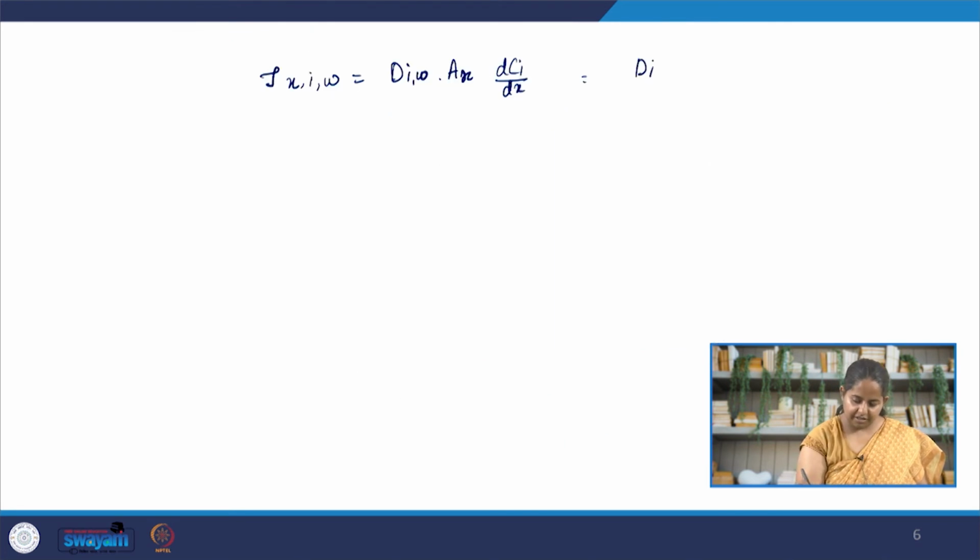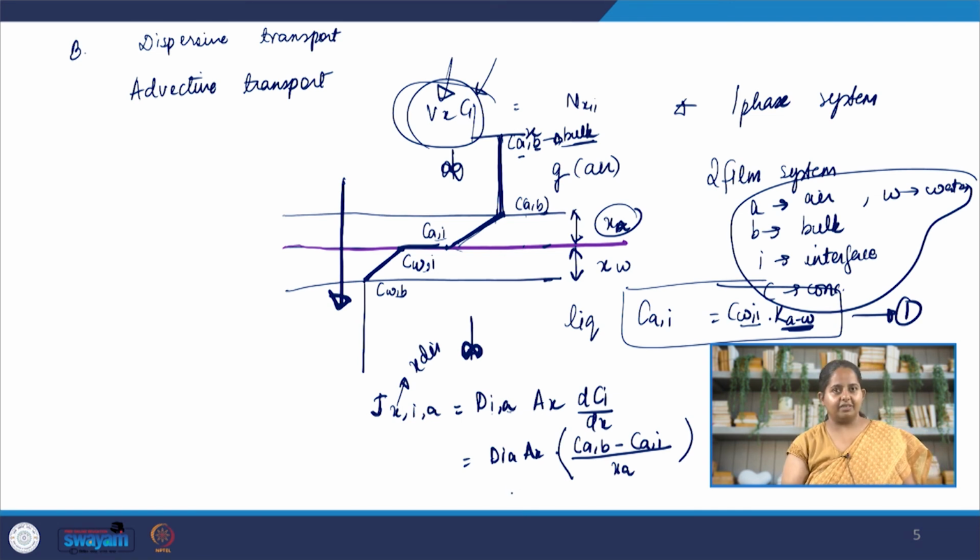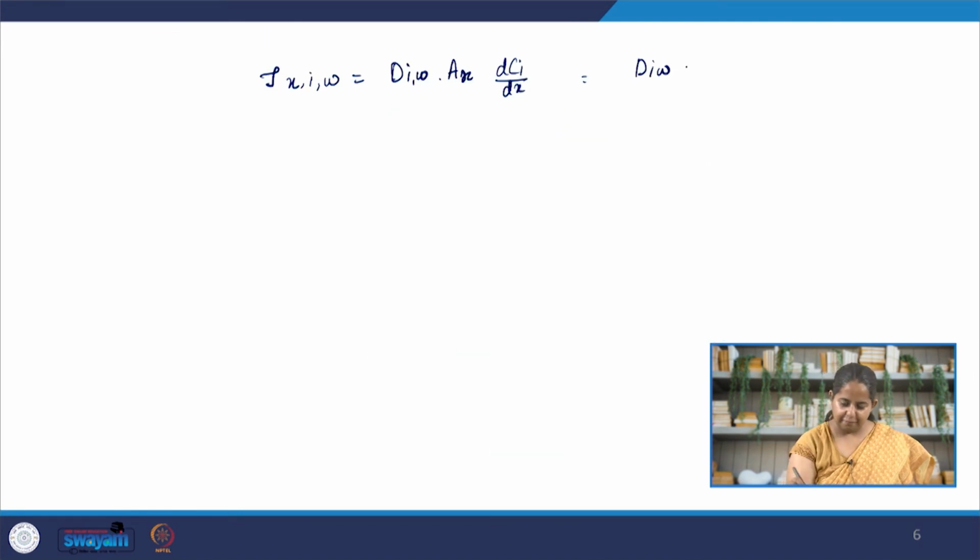we can rewrite this as. So notice one thing, I have not used a minus sign here. Fick's law talks about a minus sign, but I'm not right now focusing on the direction. I already know that this is the direction I've understood. So the concentration gradient CAB to CAI, I'm going to stick with the direction that I have selected. So we go from CAB to CAI, CWI to CWB. But yeah, you should use a minus sign and proper